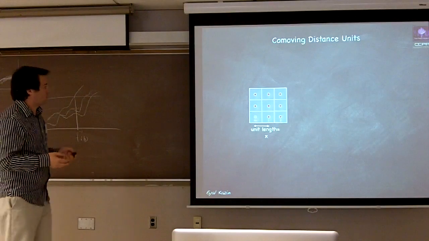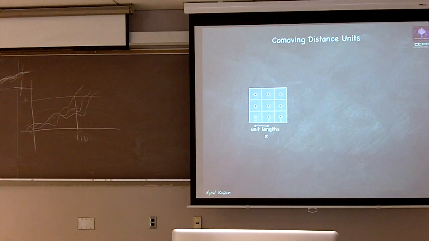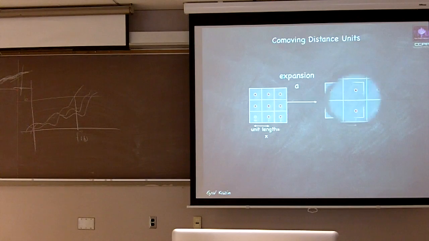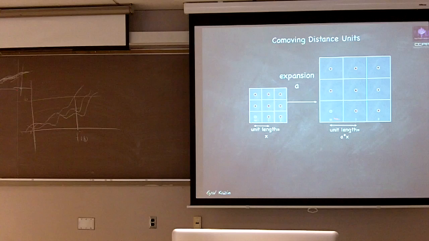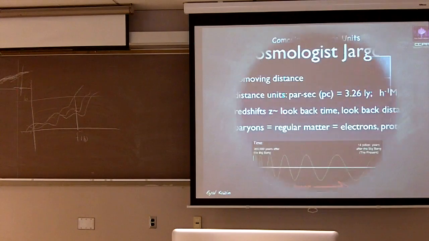So we talk about co-moving distances, and a good 2-dimensional analogy in order to understand what that means is to take the surface of a balloon, draw grid lines on it, and points in the middle. Let's say that this is your Milky Way, and you're looking at 2 other galaxies in this expanding balloon. Well, let the balloon expand. Now your grid lines are at larger distances, so instead of x, you're looking at a times x. And in order to make sense of everything, when you do your calculations, you can just drop the a and talk in units of x. And so that's your co-moving distances, because that will be a constant in your expansion.